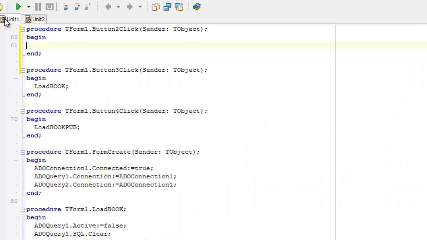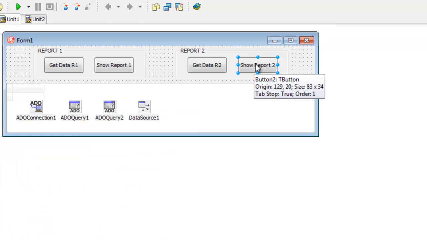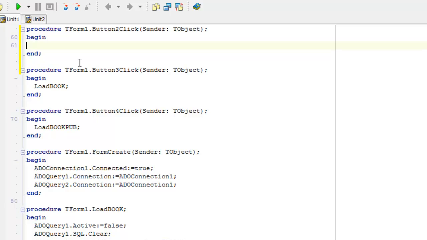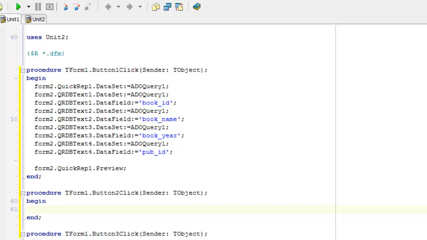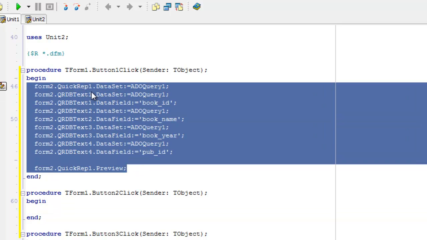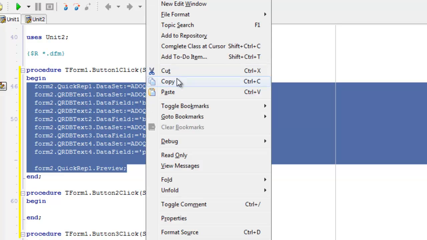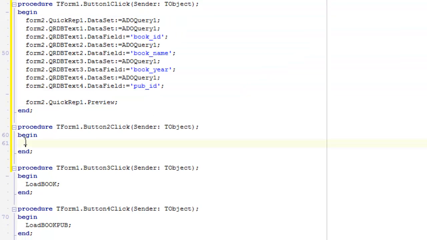Let's go back to first form. On the button click, I have to repeat the step. Double click on the show report 2. Okay, what we have to do is, if you want to, you could write down this code, but what I usually do is copy paste that code.